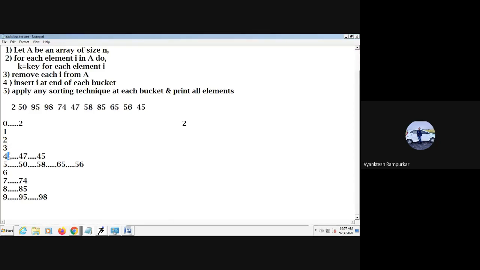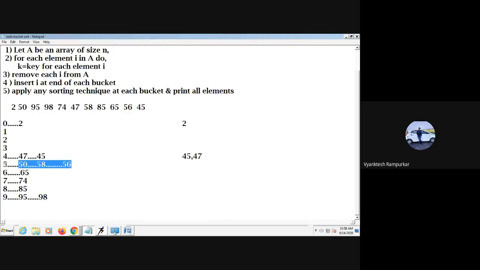Now the fourth bucket. At the end of the fourth bucket we have two elements, 47 and 45. As I apply the sorting technique to this bucket, it becomes 45, 47. What about 65? It goes to its own bucket, so it becomes 65.